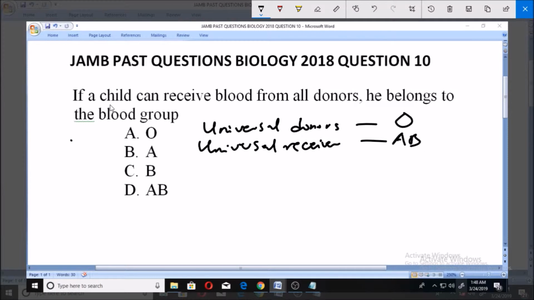So from there you can see that this child can receive from all donors. He is a universal receiver. So the correct option is A, AB. Now, why is it like this? It is actually because group AB people